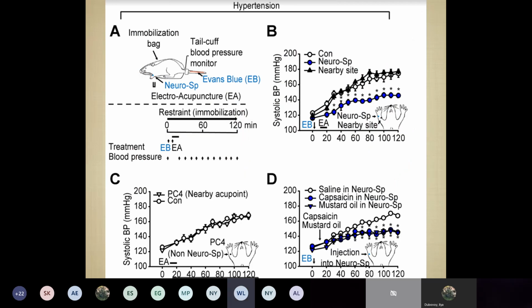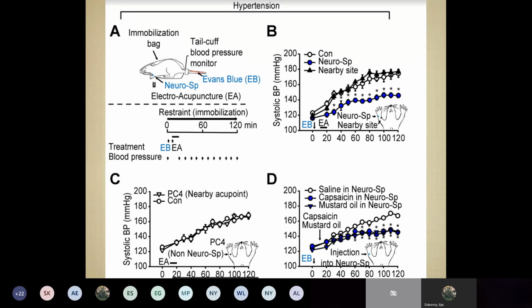So what? Well, if you take the hypertensive rats, which were made hypertensive by prolonged immobilization, and then subjected the rats to acupuncture, in this case manual acupuncture with a special machine that stimulated the needle for about 6 seconds, once every minute for 10 minutes, so not that intensive an intervention, really, and you stimulated the neurogenic spot that appeared,